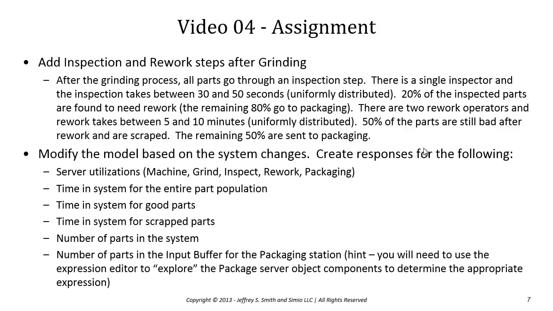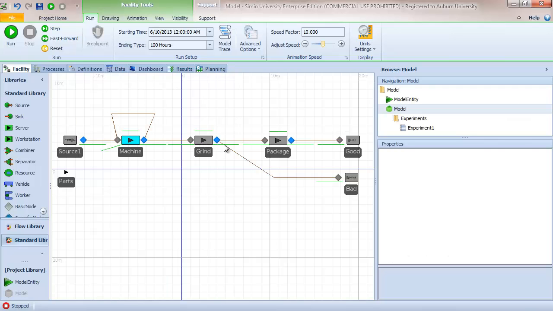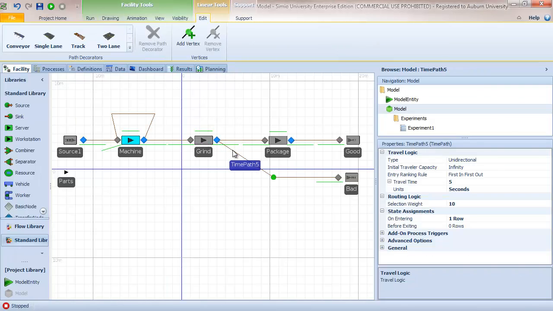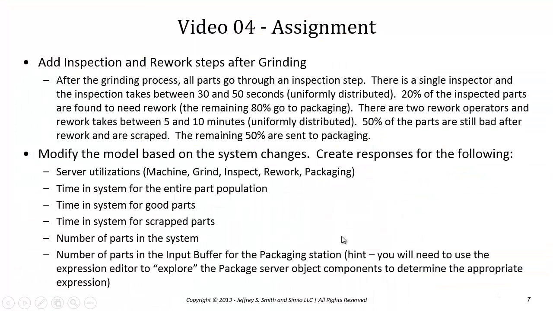The assignment for this module involves adding an inspection and rework step following the grinding operation. So if we look at our current model, the model we've been working on, we said that 10% of the parts leaving grinding are deemed bad. In the modified version that you will do for the assignment, we want all parts to go through an inspection